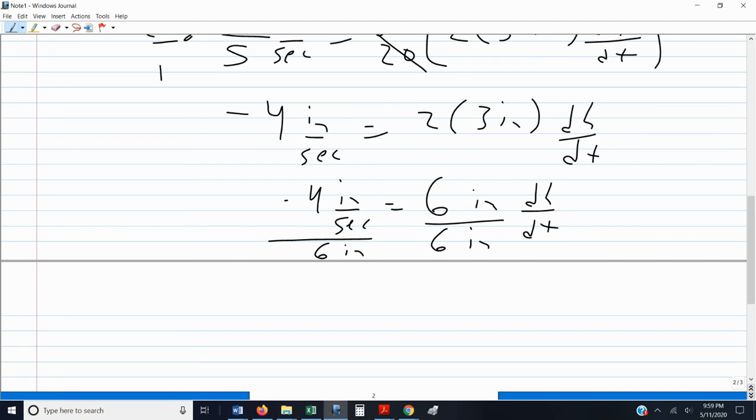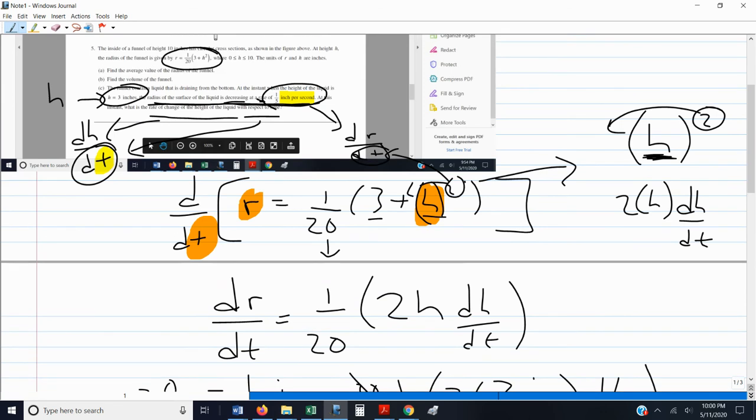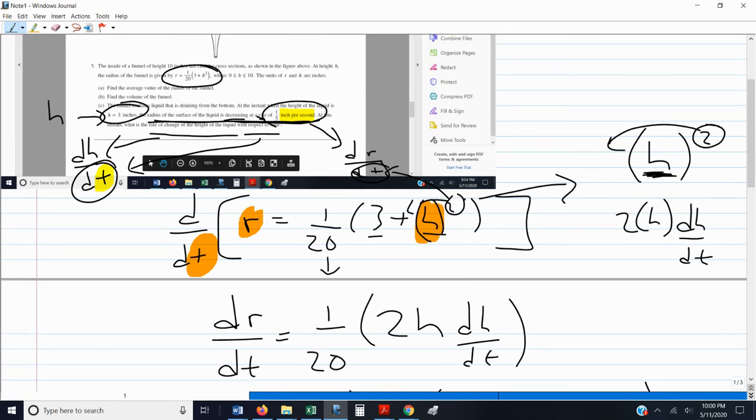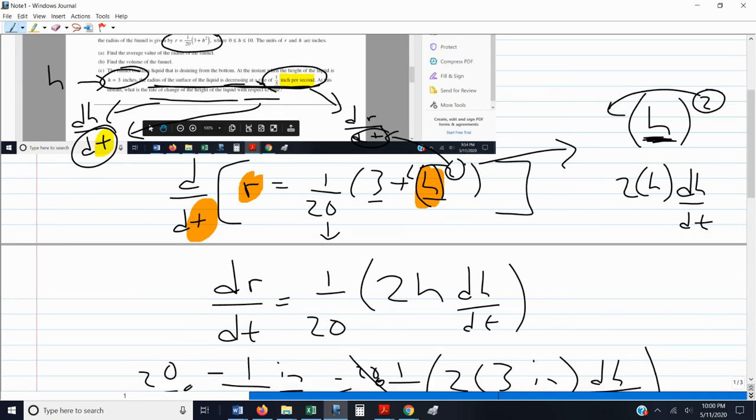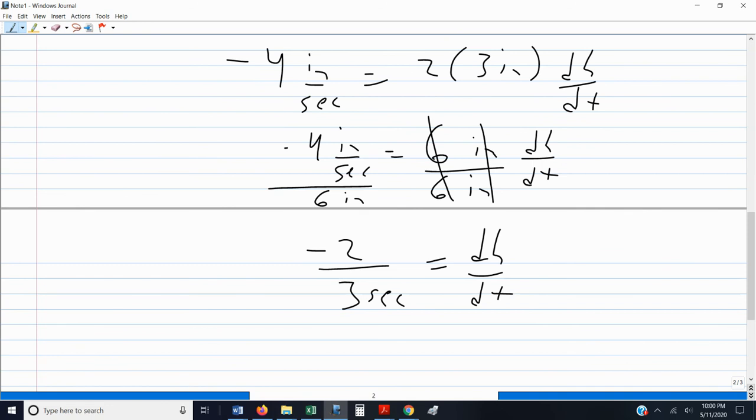Okay, I messed something up with my units. I'll figure that out in a second. So that simplifies to -2/3. There's the seconds here. Okay, I have the right answer. I just want to think really fast how I got these units wrong. Sorry, 1/20 radius inch per second, 2, the height is 3 inches. I don't know. I'm going to think about it and I'll let you know what I did wrong there. When I did this problem, I didn't even use the units. I just had